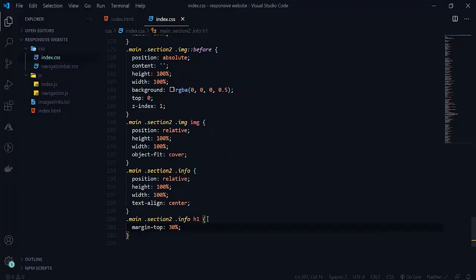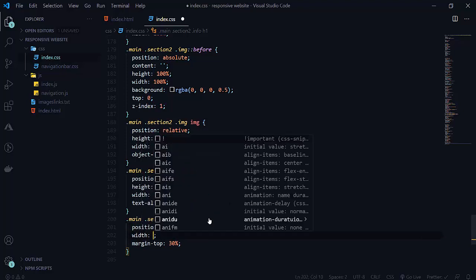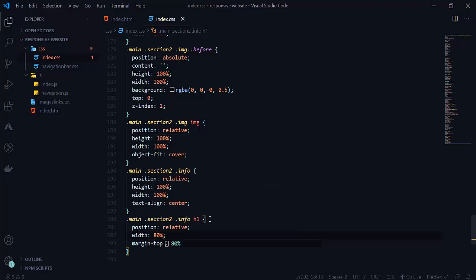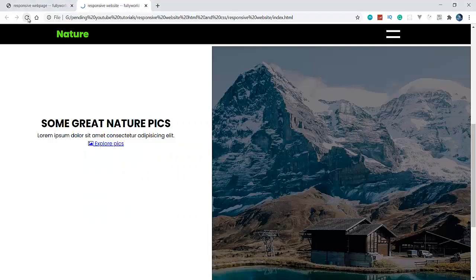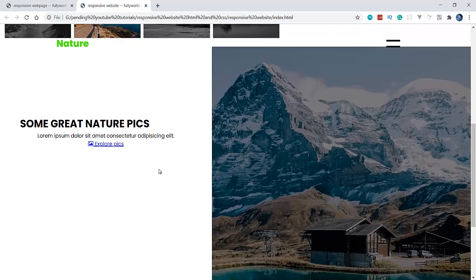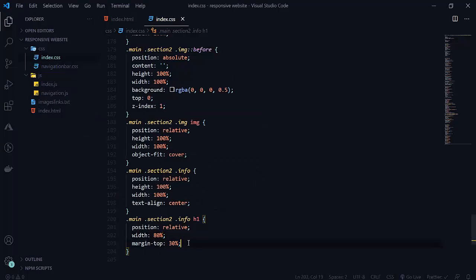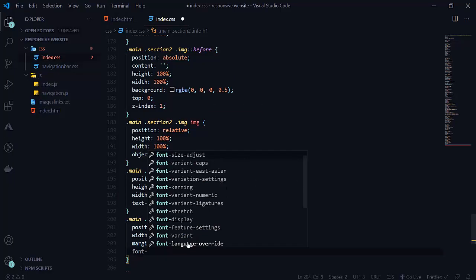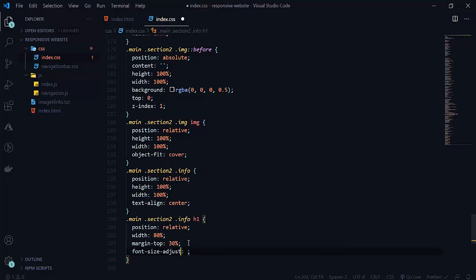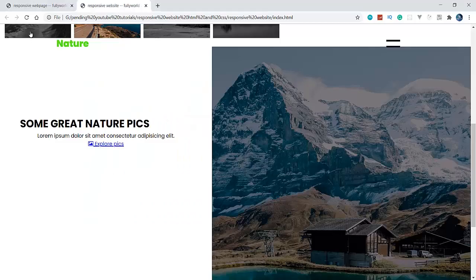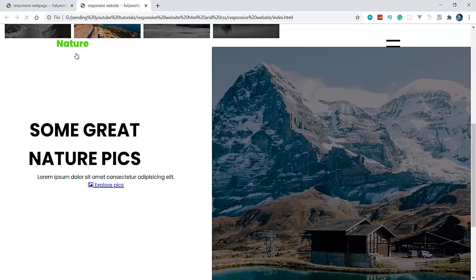So now let's set its width here. Position is relative, and width will be 80%. And font-size, let it be 3.5rem.